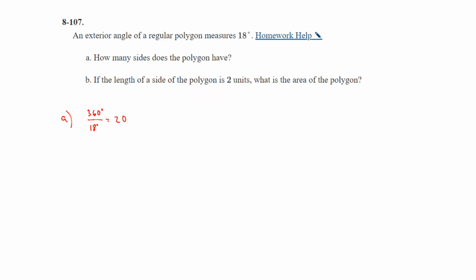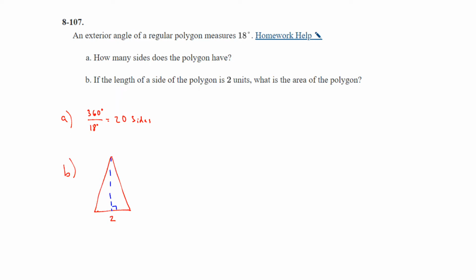And therefore, on this one, that means you're going to have a 20-sided polygon. So 20 sides for that. So that answers the first part. B, if the length of a side of the polygon is 2 units, what is the area of the polygon? So once again, there are different ways that you can look at this, but we're going to break it up into this isosceles triangle. The length of the side of the polygon is 2, and then we can split this up into